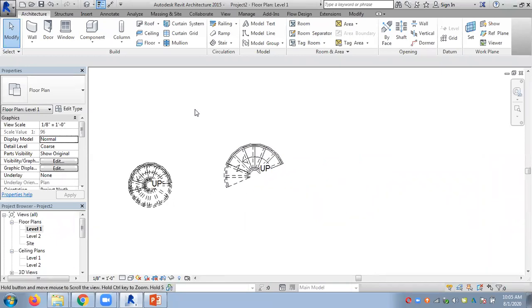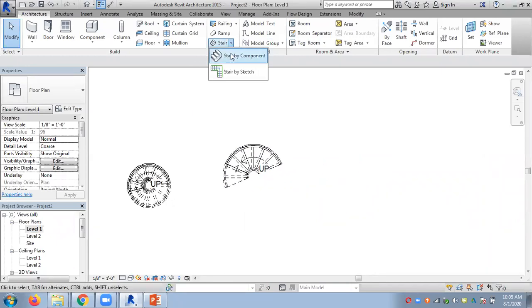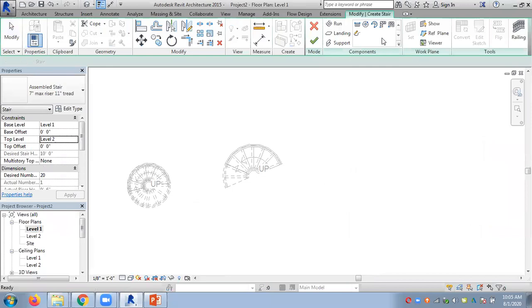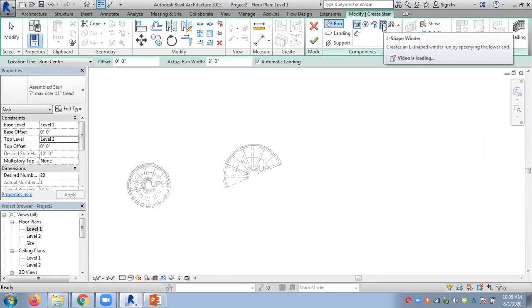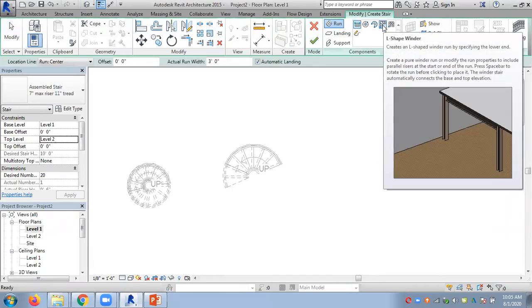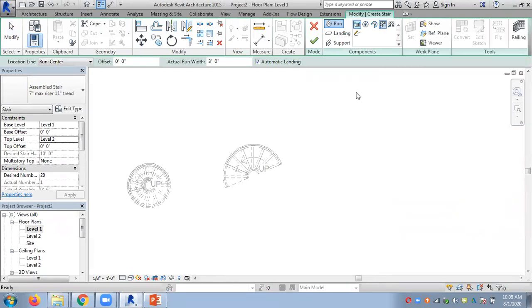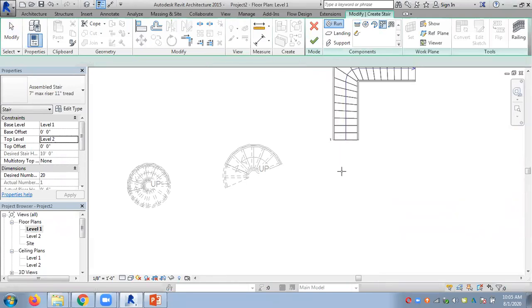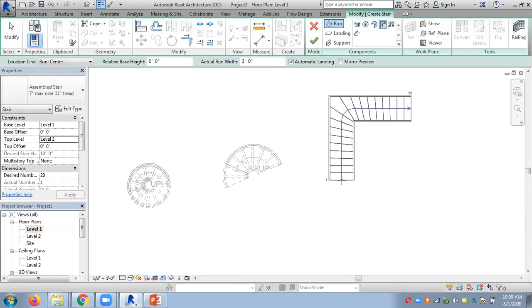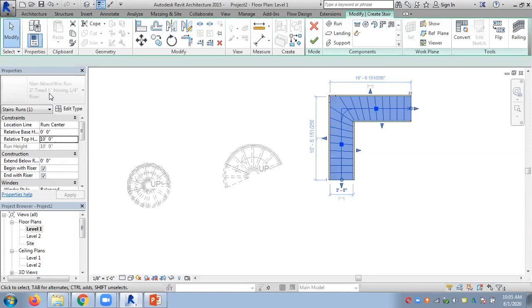And we have more shapes. Another one is called L shape. With these you can't do a lot of editing. You can only come and place the staircase like this. If you want, you can change the number of risers and the other properties, but the design is L shape, so you cannot change it to a U shape or any other.